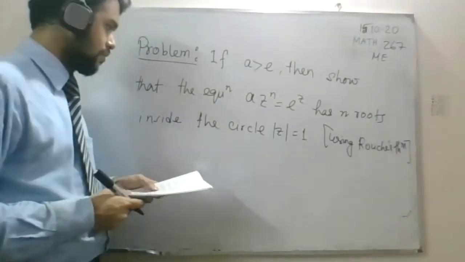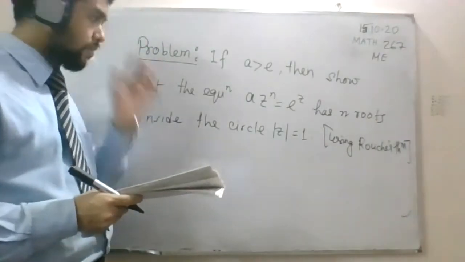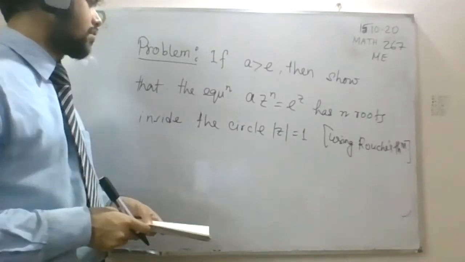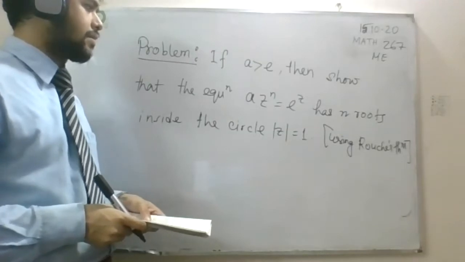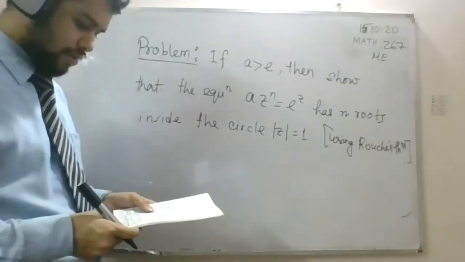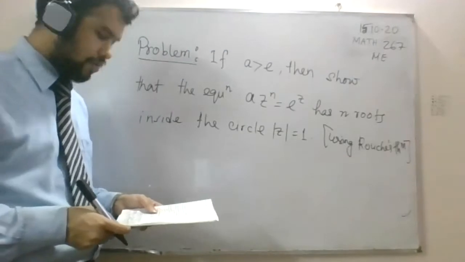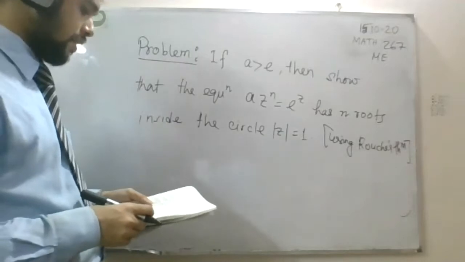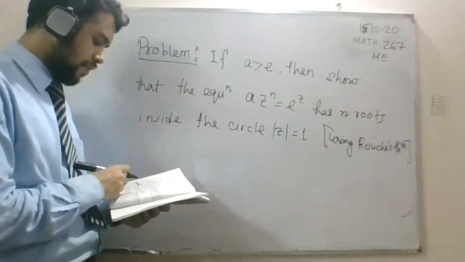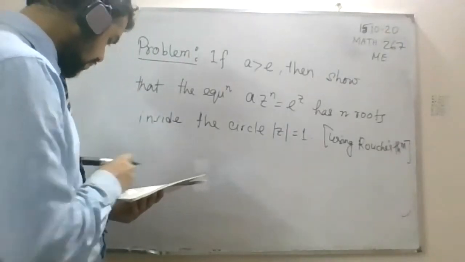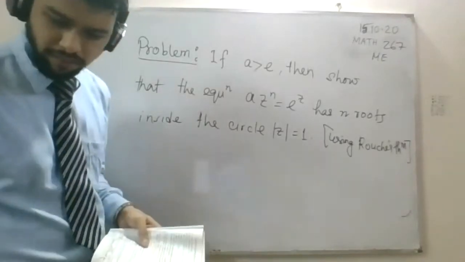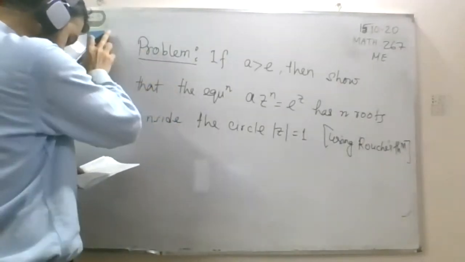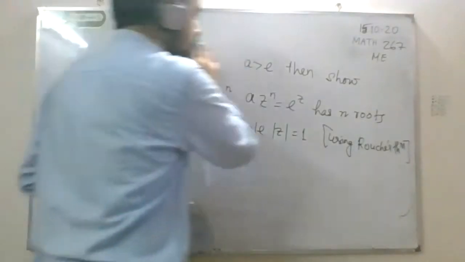Okay. So here is the problem. If a is greater than e, then show that the equation a z to the power n equals e to the power z has n roots inside the circle modulus of z equals 1. Now, for proving or showing this problem,